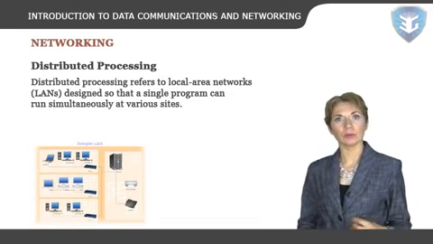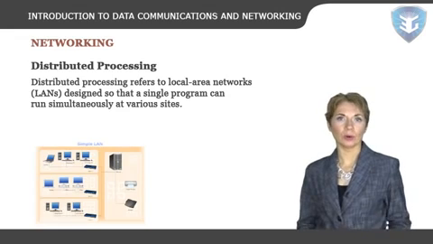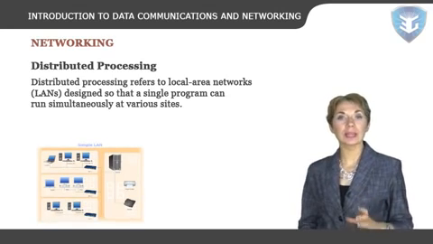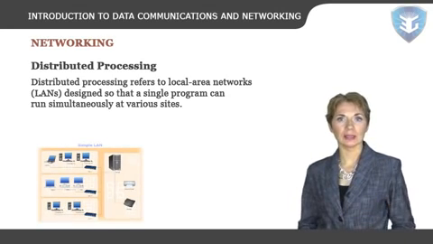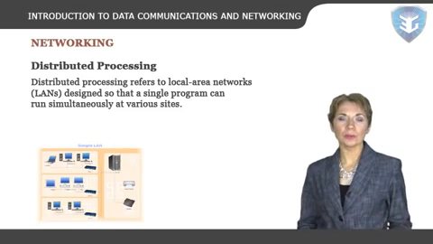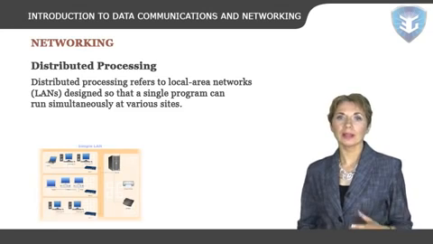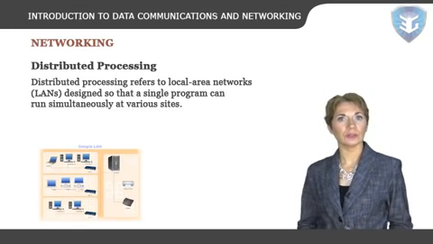Distributed processing refers to local area networks, or LANs, L-A-N-S, designed so that a single program can run simultaneously at various sites. Most distributed processing systems contain sophisticated software that detect idle CPUs on the network and parcels out programs